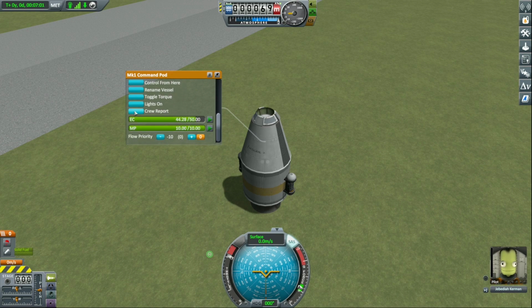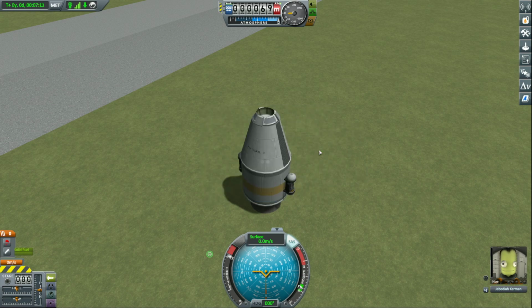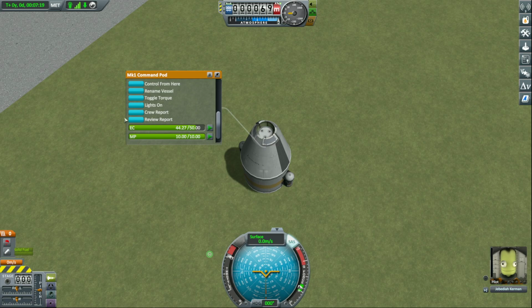Oh, the crew report, that's what you want. So you can also get some science that way. The science that you can get is dependent on what experiments you're conducting, whether or not you've conducted that experiment before, and also where you're conducting